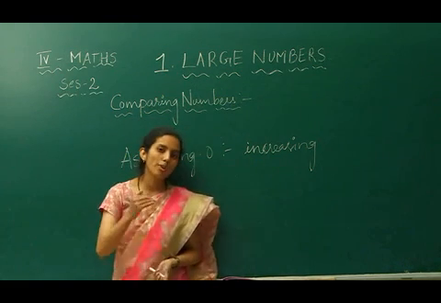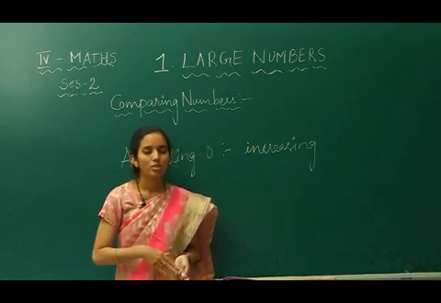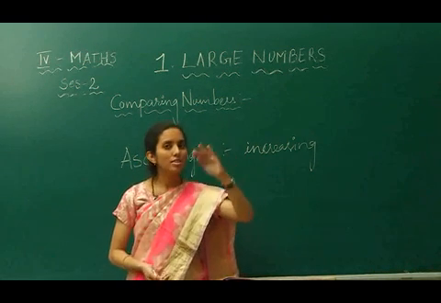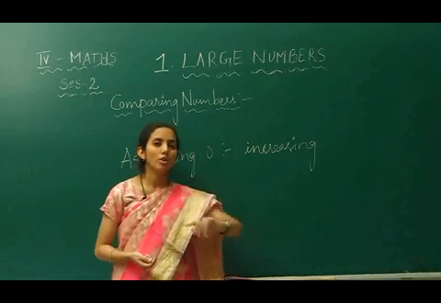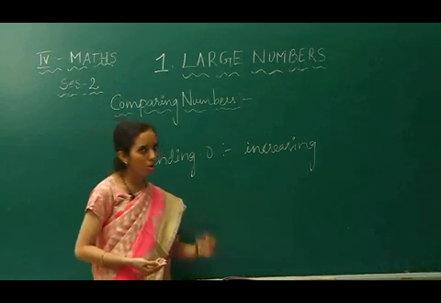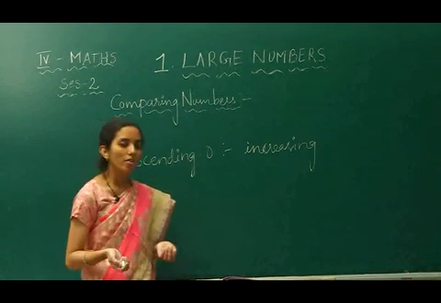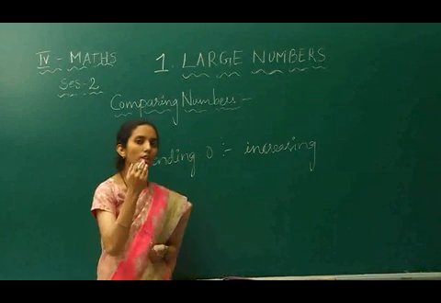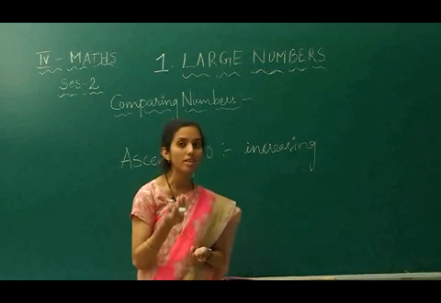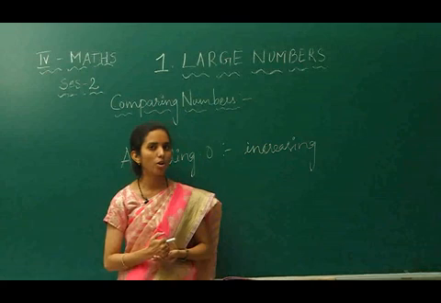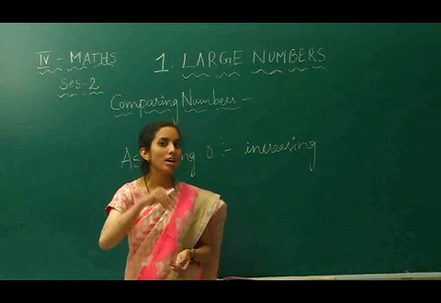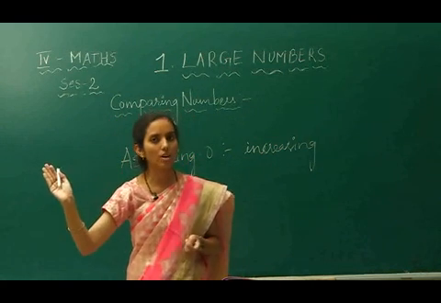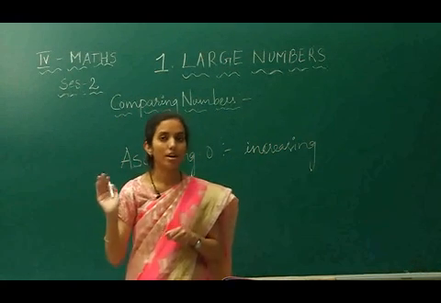Just like how we climb up the staircase. So all of you have seen steps in our house. Yes or no? How do we climb the steps? From lowest to highest. So in the same manner, ascending order is lowest to highest. And when you know which number is bigger and which number is smaller, it is very easy to arrange. If you are asked to arrange in ascending order, first you will write the lowest number and second you will write the second lowest number, and so on you will be increasing, and at the last you will write the largest number. Yes or no?